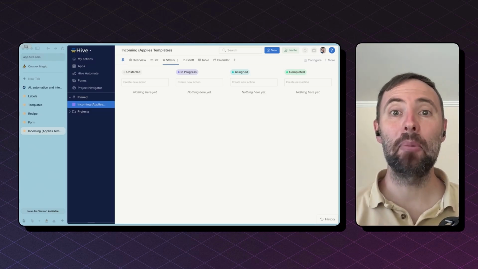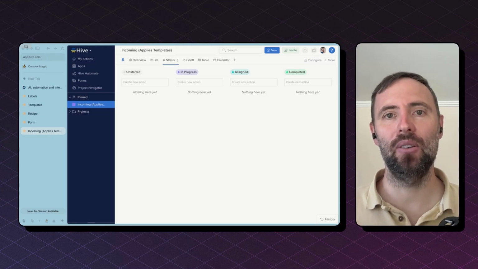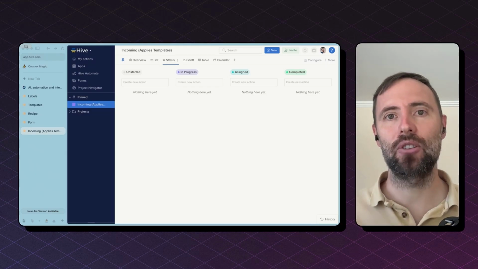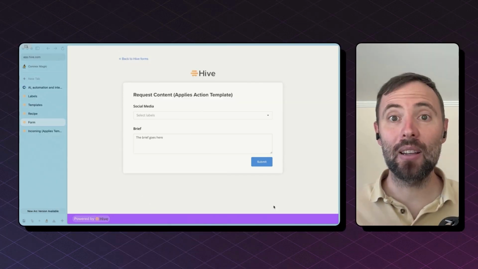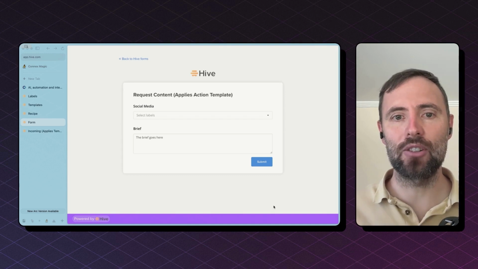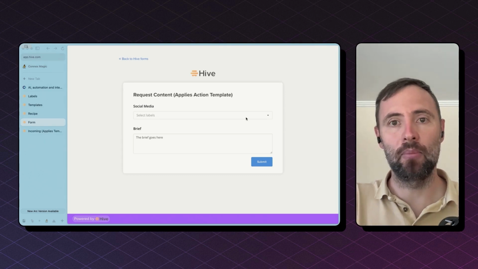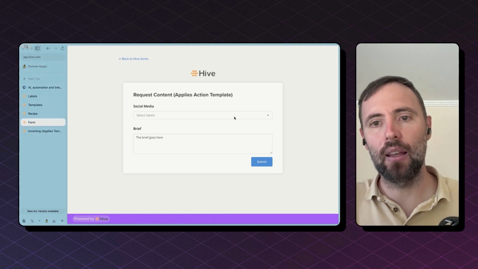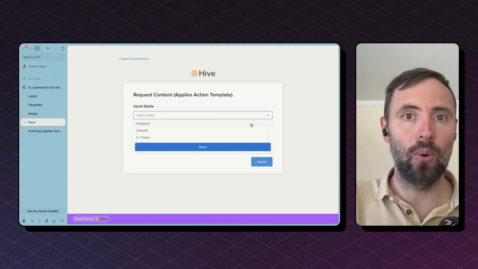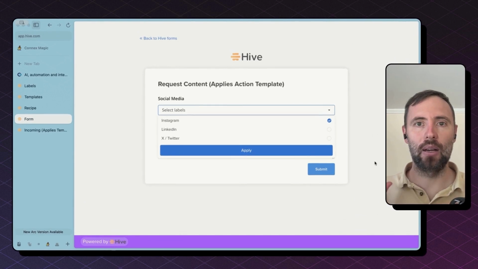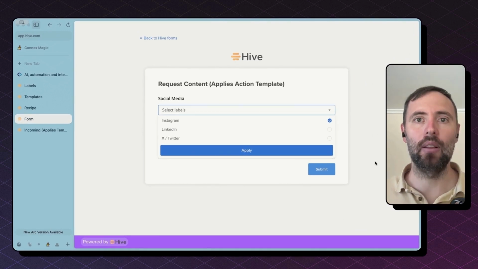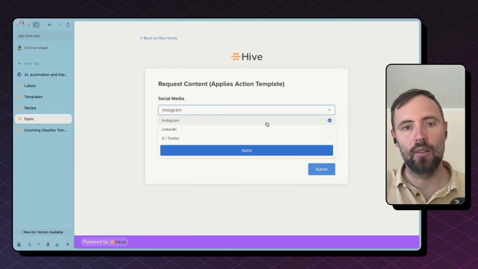Hi there! Today I'm going to show you how to build an automation that will apply an action template whenever you change the label of a card. We recently created this for a marketing agency where their clients were able to submit content requests and they could specify what marketing channel this would be for. So this dropdown is mapped to a label in Hive,